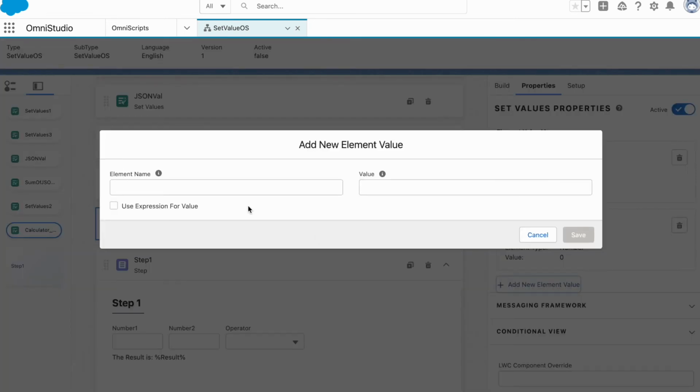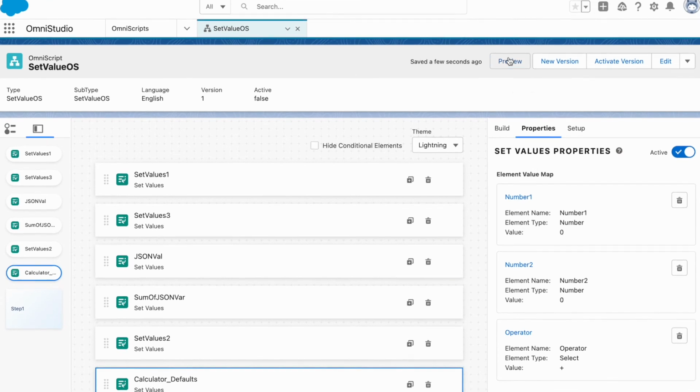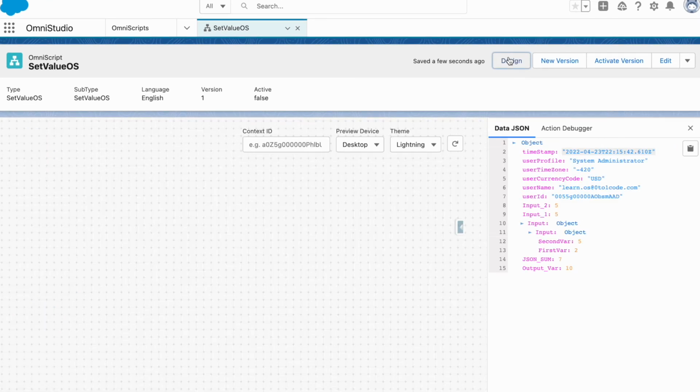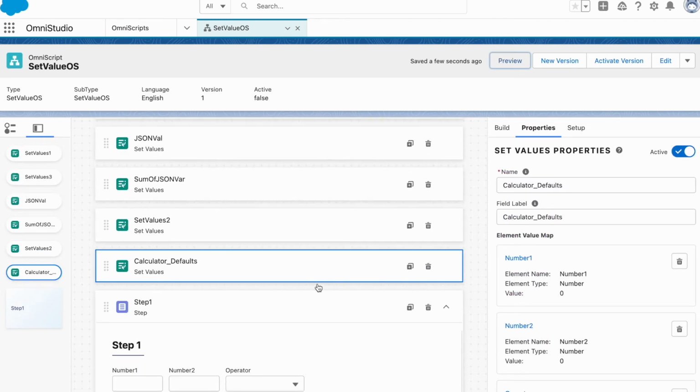and the value of operator we want to keep plus as the default. Okay, so let's preview it. So we have 0 0, and by default the operator we can see is plus. Okay, so now let's go back